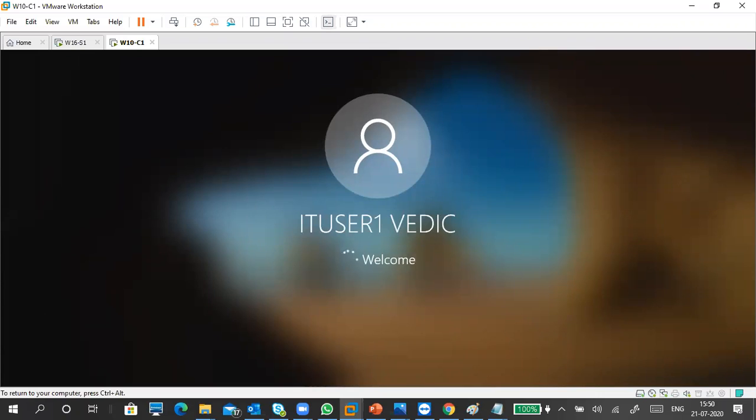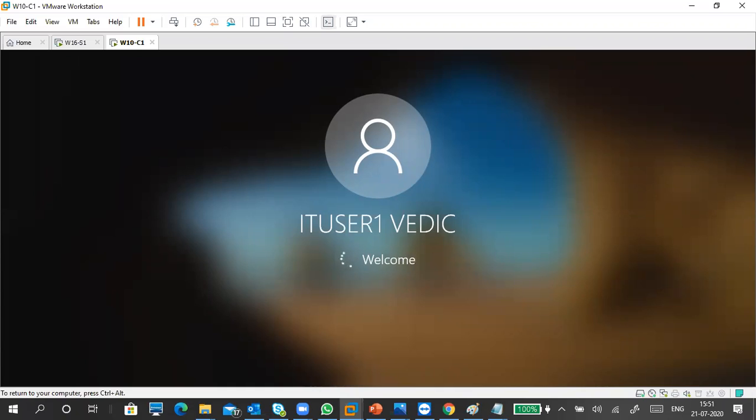If you really want to test it, you need at least two client VMs, like Windows 10 C1, C2, C3. If you have two PCs, then you can assign and do it.